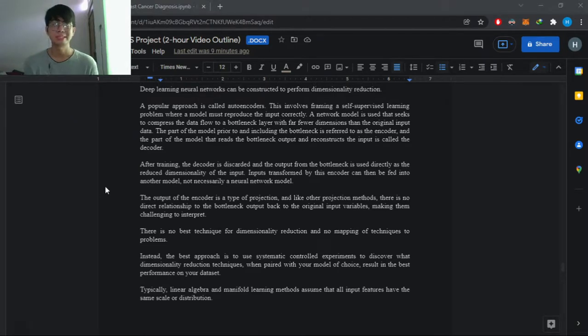So essentially, there's no best technique for dimensionality reduction and no mapping of techniques to problems. Instead, the best approach is to use systematic controlled experiments to discover what dimensionality reduction techniques, when paired with the model of choice, result in the best performance on your dataset. Typically, linear algebra and manifold learning methods assume that all input features have the same scale or distribution, right? And this essentially suggests that it is good practice to either normalize or standardize the data prior to using these methods if the input variables have different